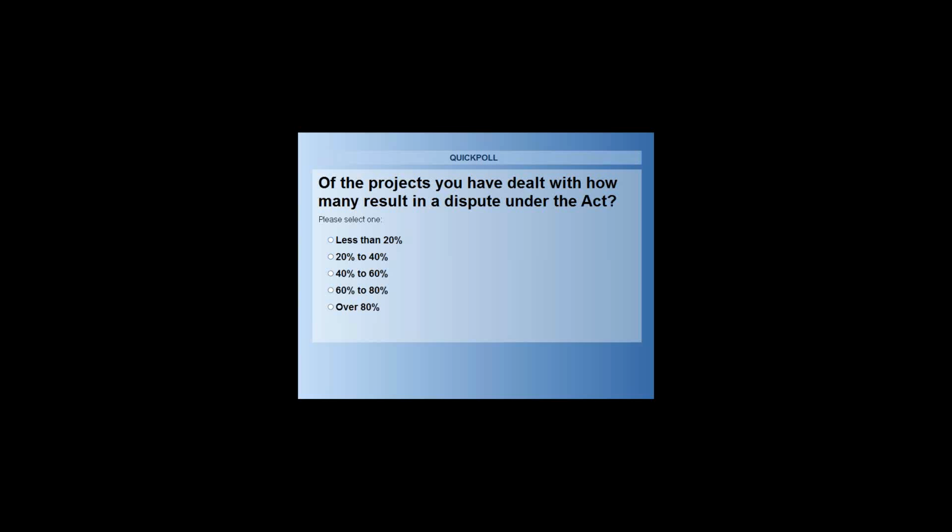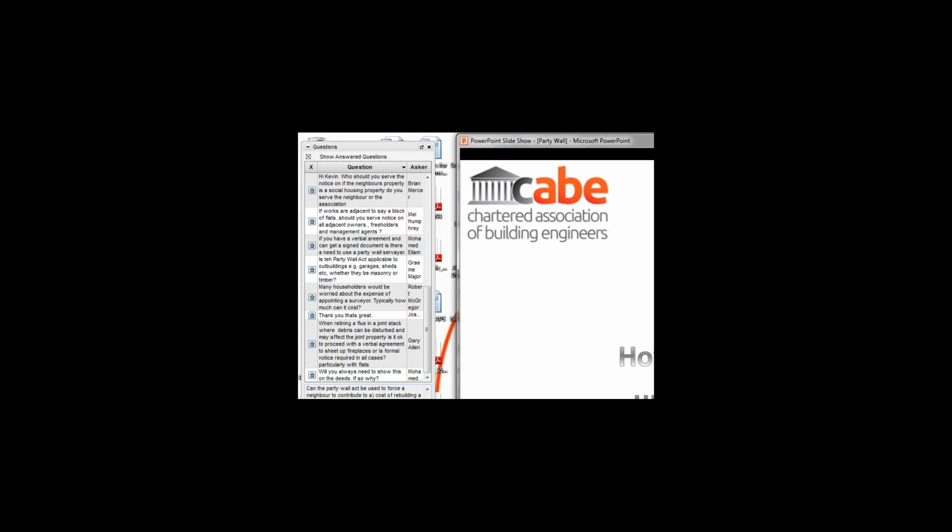And in terms of the results of that one, I think quite surprising from a personal perspective, purely by the number of phone calls we get from people who are concerned. The majority tend to feel that less than 20% of the projects actually end up in a dispute, which is quite reassuring, and possibly means that more neighbours actually get on than you think, or that actually the framework of the Act is working. So moving on from there,